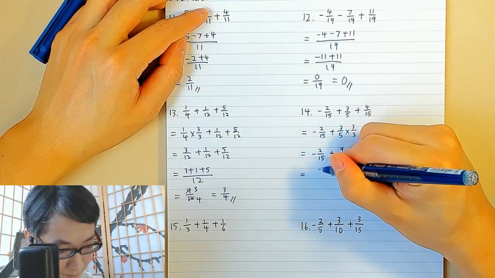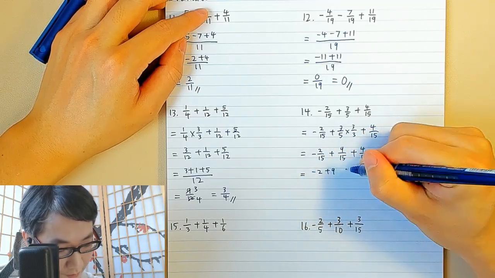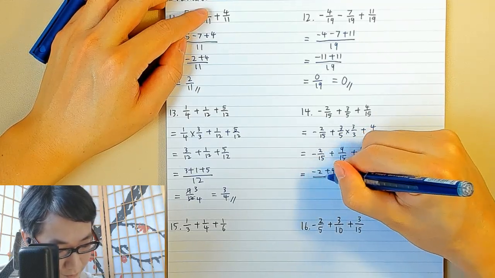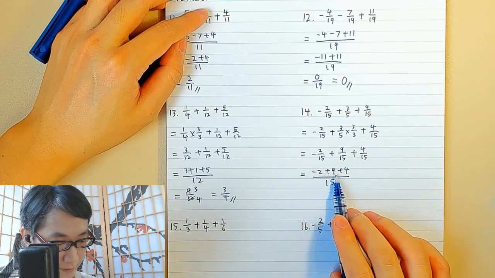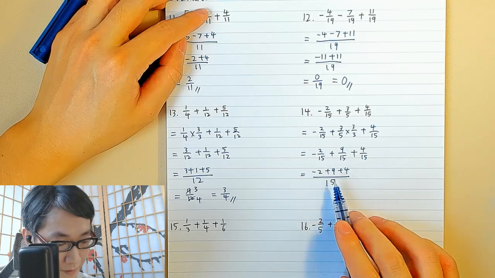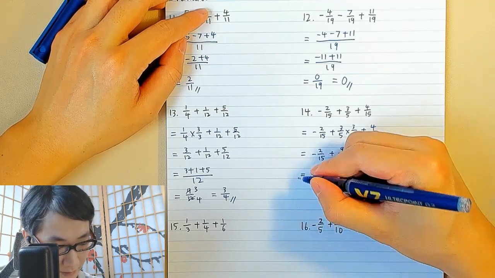So negative 2, positive 9, positive 4 over 15. These two will be positive 7. Positive 7, positive 4 will be positive 11. So we have